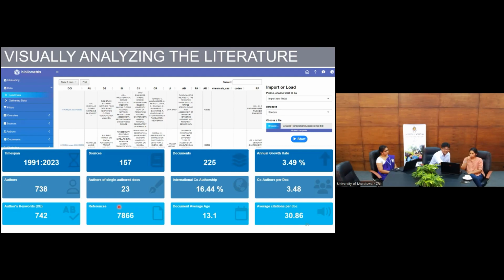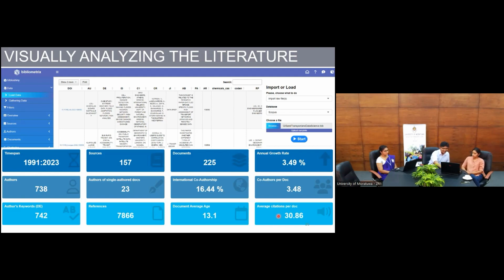Then the number of authors is there, and single author documents, and all the other information. I'll just point at the average citations per document, which gives you an impression. As you may remember from Rosalind's video that we showed earlier, here the 30 citations are not from all the sources you can find. Maybe the highly cited sources are there, and the poorly cited sources are there too. But on average, you have 30 citations per document per year, which means if you publish in a Q1 venue in this area, you get 30 citations per year in a nutshell.